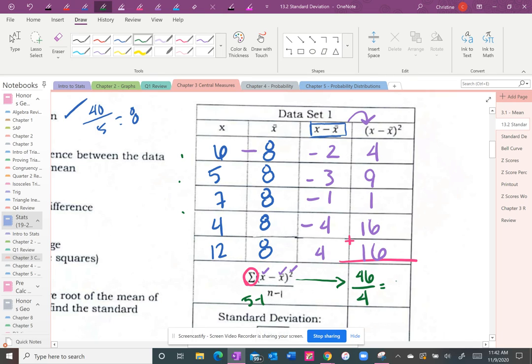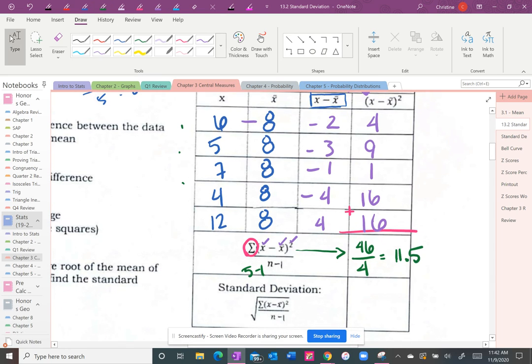This is where we're going to start to get some very crazy decimals. In this case, it's not that crazy, but we are going to get very odd decimals. At this point, things are not just going to be nice numbers. Okay? This that we just calculated is called the variance. And in order to find the standard deviation, or lowercase sigma, all you do is take the square root of the variance. So I'm going to take, let me do that here. The square root of 11.5 is